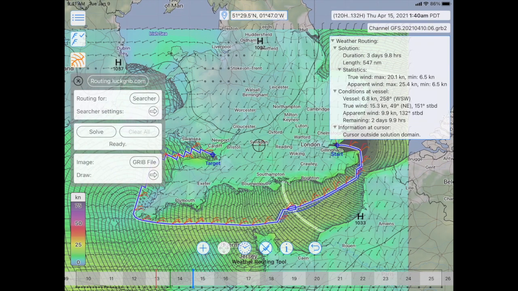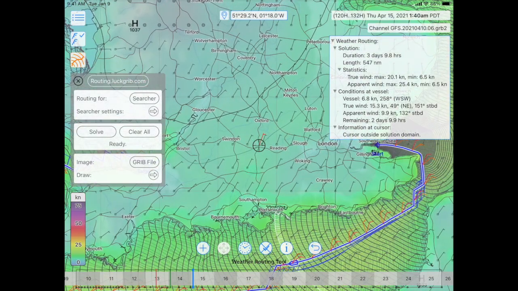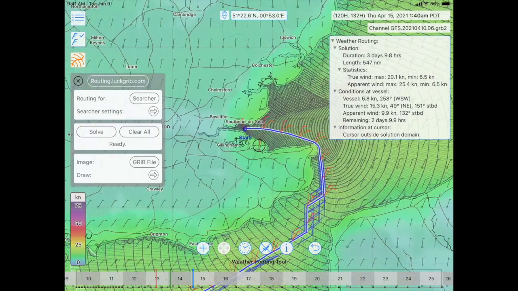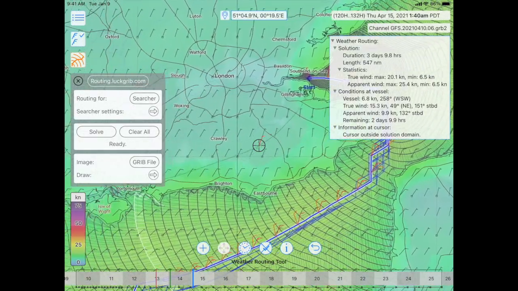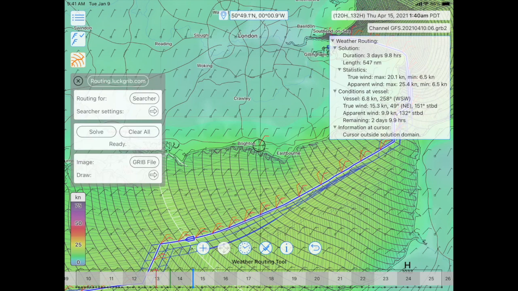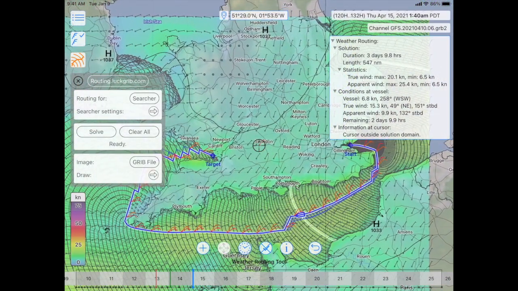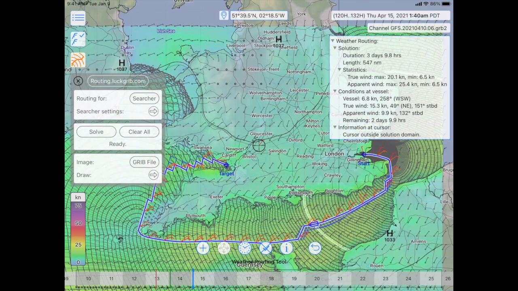I'm running this on a 2017 iPad, so it's not a super high-end machine, but the system is extremely high performance. So there's the route it generated, well, very quickly. This takes 3 days, 9.8 hours, and it's 547 nautical miles. The big point with this one is that the route